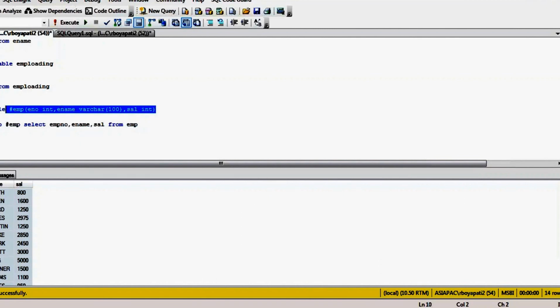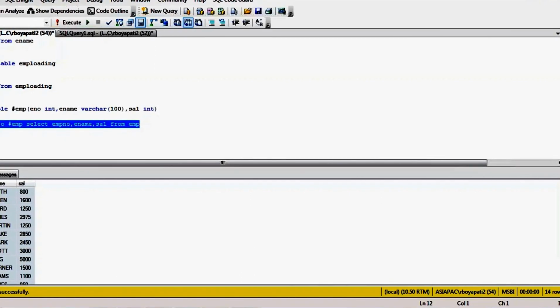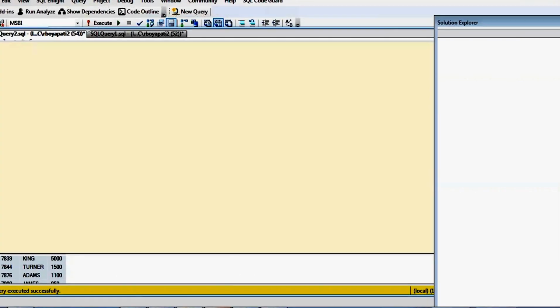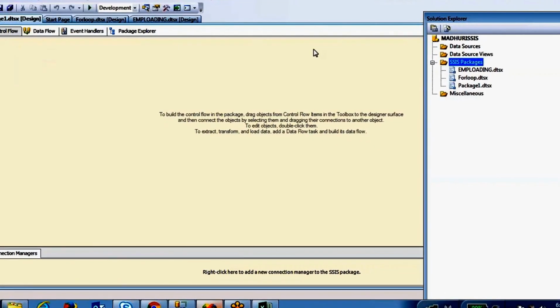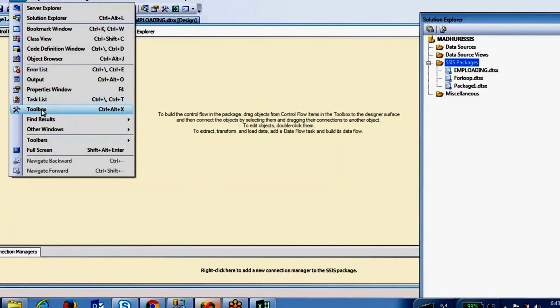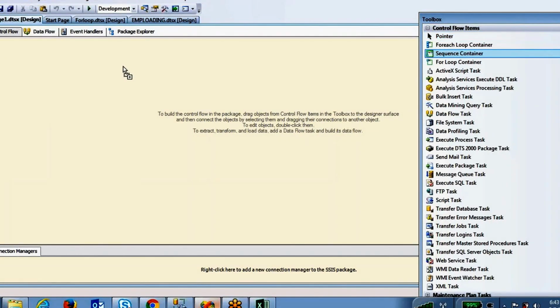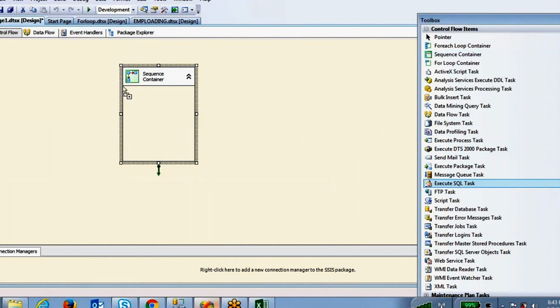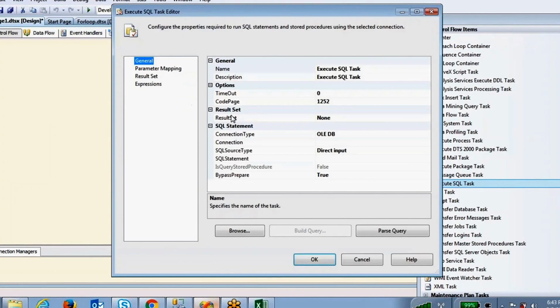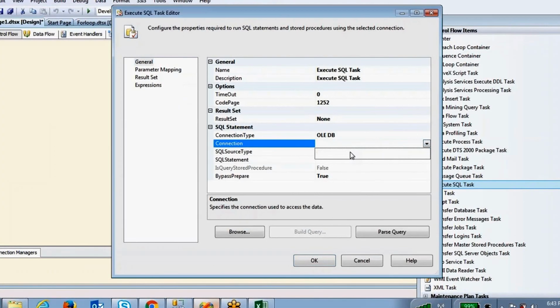First it will create one temporary table, and it will insert the data into this temporary table. So I'm going to put these two statements inside one execute SQL task. First take one sequence container. Inside this sequence container, take one execute SQL task.